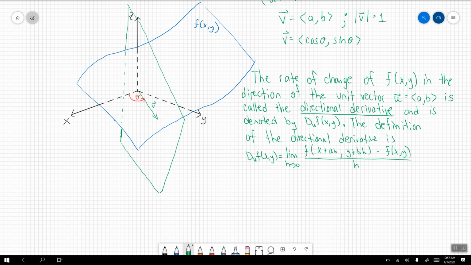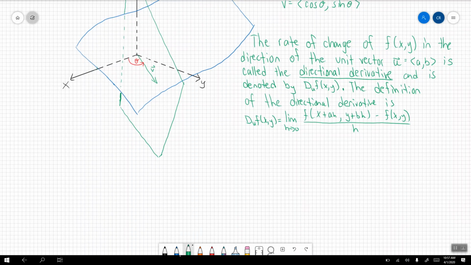Now, what does a directional derivative look like in terms of algebra? That derivative looks like this. If we want to take the derivative for a direction, then all we have to do is look at the partial derivatives in terms of x and in terms of y and multiply them by their direction given by a and b. Or